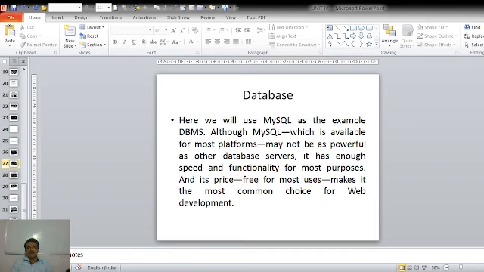The main factor to use MySQL is its price. It is free for most users, which makes it the most common choice for web development. So this is the main reason why we will be using a MySQL database, because it is free for most users.